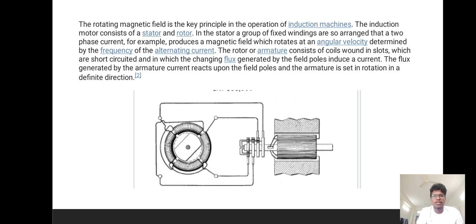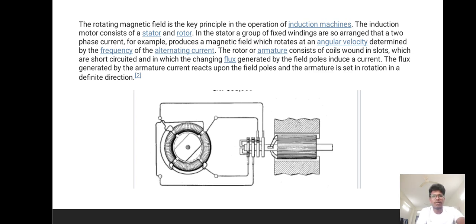The induction motor consists of a stator in which a group of fixed windings are so arranged that a two phase current, for example, produces a magnetic field which rotates at an angular velocity determined by the frequency of the alternating current. The armature consists of coils wound in slots which are short circuited, in which the changing flux generated by the field poles induces a current. The flux generated by the armature current reacts upon the field poles and the armature is set in rotation